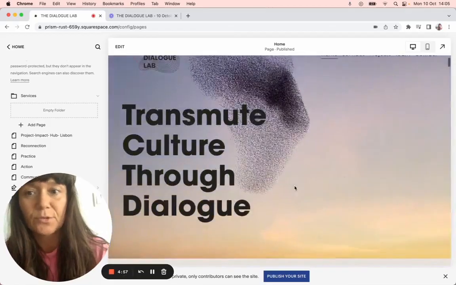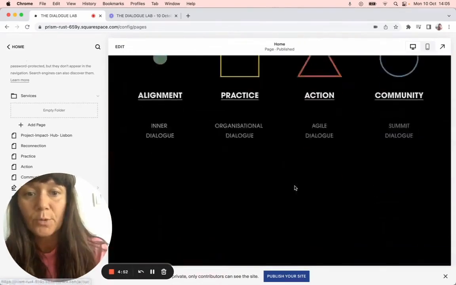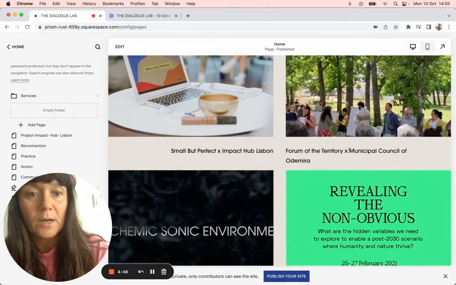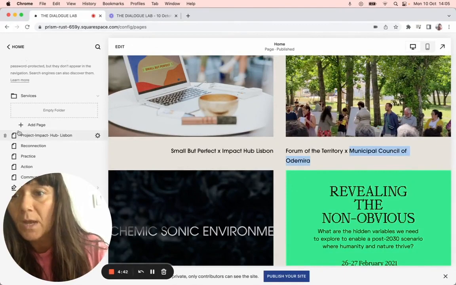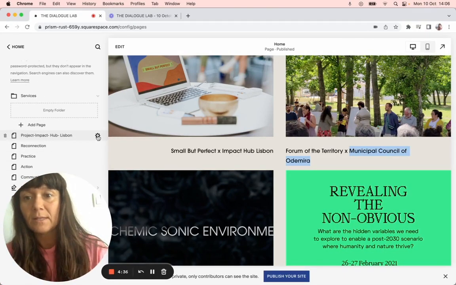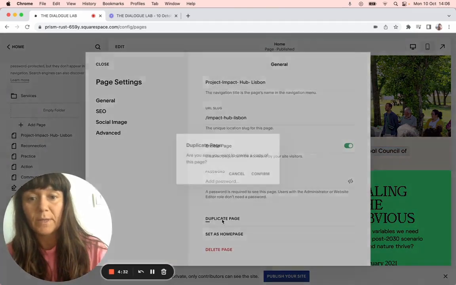I'm going to show you how to add a page, so duplicate a page and then link it to your page, to your projects. So your projects are here. I want to probably use this as my title. I go to my left browser here, and then I go to this little gear icon, and then scroll right down, duplicate page,